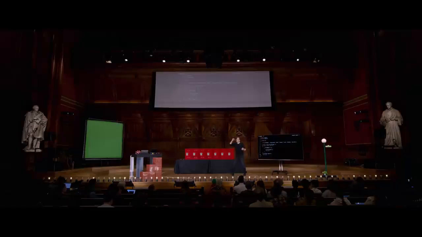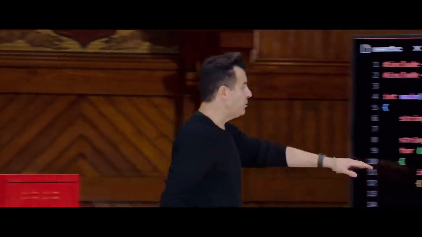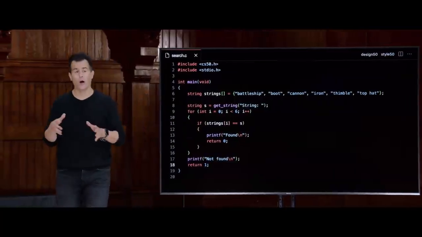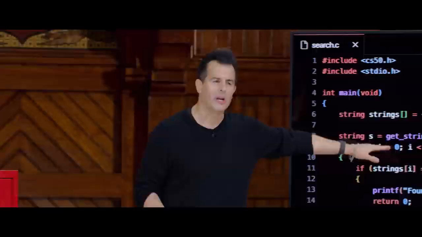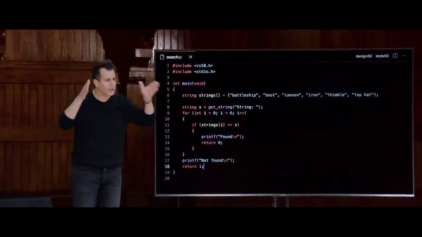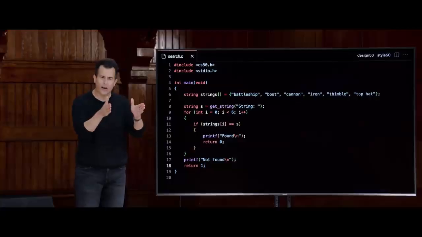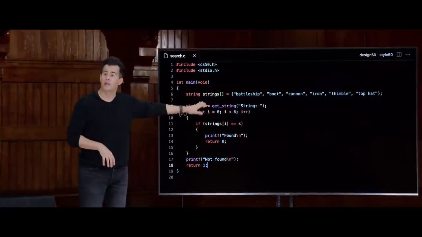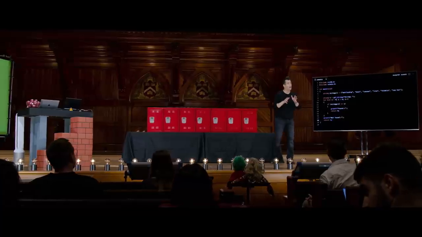Why is this not working? Yeah? Yeah, well said. So it turns out, and this is super subtle, equals equals is not how you can compare strings. And we'll see why, in fact, in greater detail next week. But for now, equals equals works fine for integers, for longs, for chars, and a bunch of other data types as well. But it doesn't actually work for strings. And for today's purposes, it's really because strings can be different lengths. And equals equals is only going to compare 2 values. But a string might be 3 characters, 4 characters, 5 characters, depending on how many characters I have typed in. Equals equals is not powerful enough or wise enough to actually solve that problem.